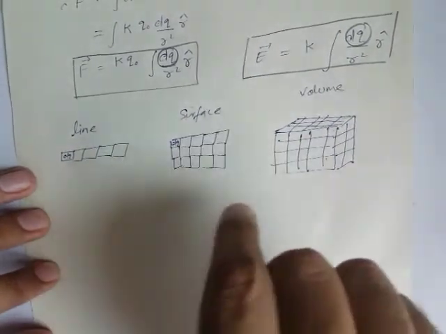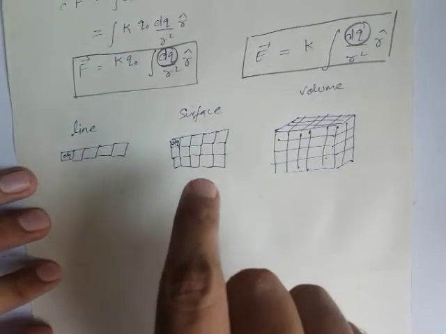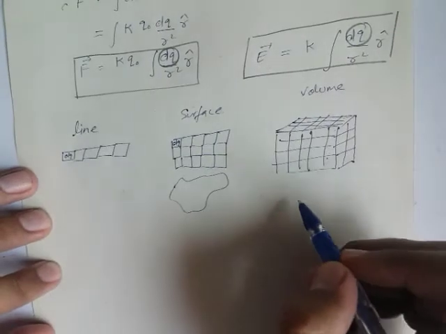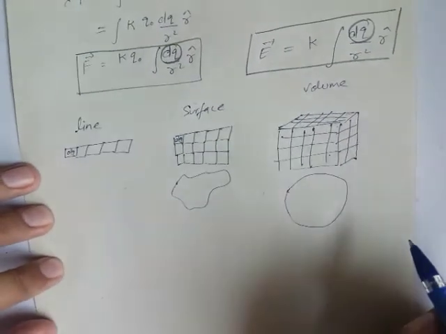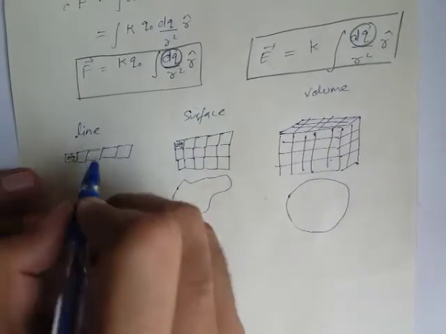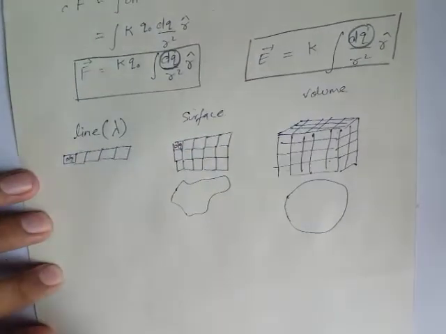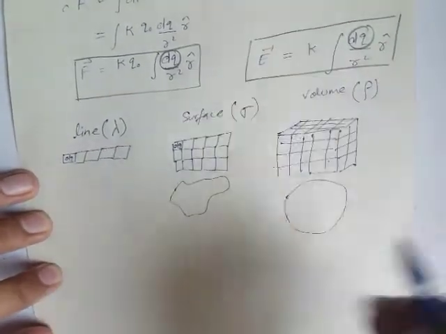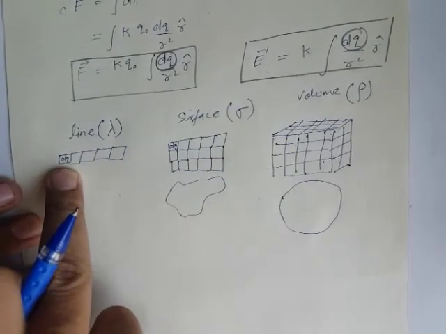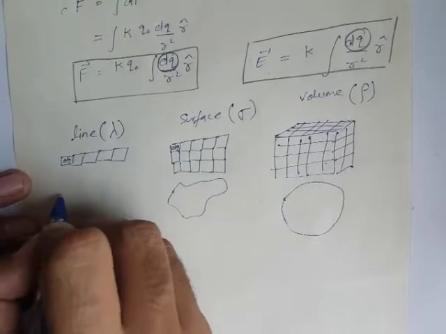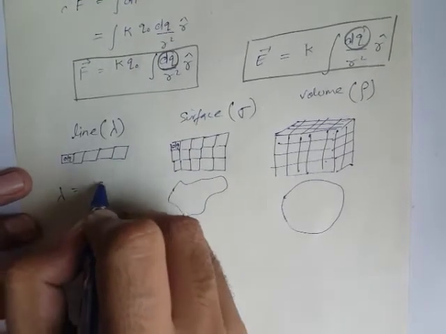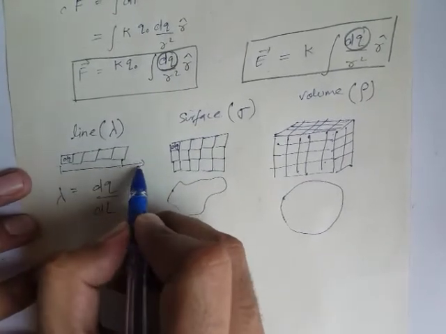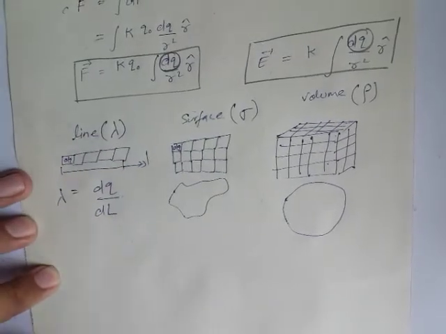It doesn't mean that the surface should be a cube or a square. It may be of any shape, but it should be in 2 dimensions. This surface can be a sphere also. It can be in 3 dimensions also. Line charge distribution can be denoted by lambda, surface charge distribution by sigma, and volume charge distribution by rho. Same way, dq is distributed all over it. For the line charge distribution, lambda is the charge dq over a length dl. Length can be increased from here to wherever we want to. So that's why we are integrating over here.